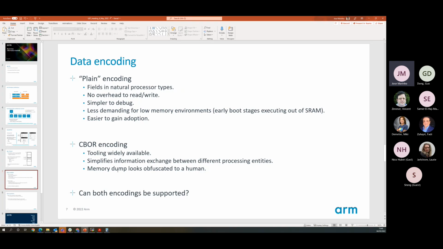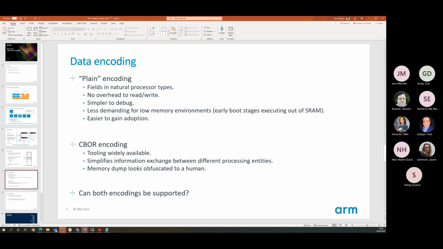The only thing I was wondering is whether the plain encoding and CBOR can be adopted as different encodings of the same data model,